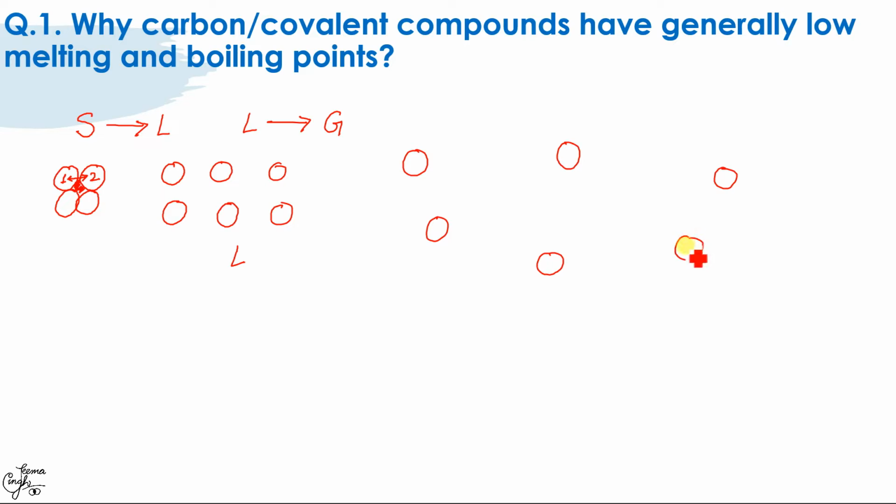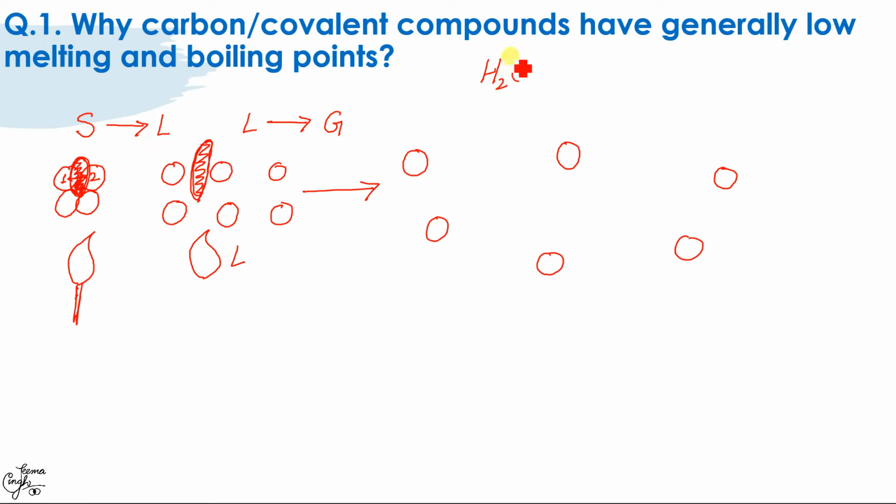forces of attraction. Correct? Now if I have to convert solid into liquid, definitely I have to heat, and when I heat, I need to break this intermolecular force of attraction. Similarly, if I have to convert a liquid into gas, I need to break this force of attraction. And how do I break this? By supplying heat. Now, if these forces are weak, definitely your boiling point will be less. Similarly, if in a solid this force is weak, then that solid is going to have a low melting point. Correct? So let me explain this again by taking an example of a covalent compound,